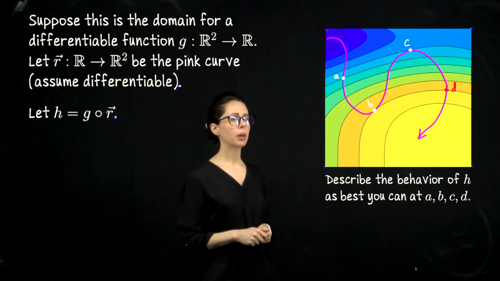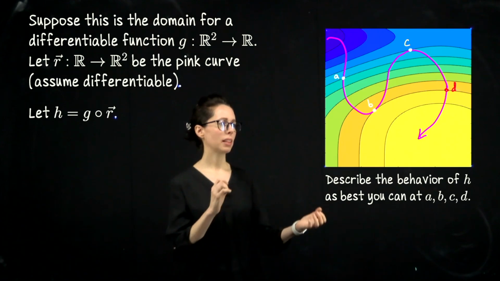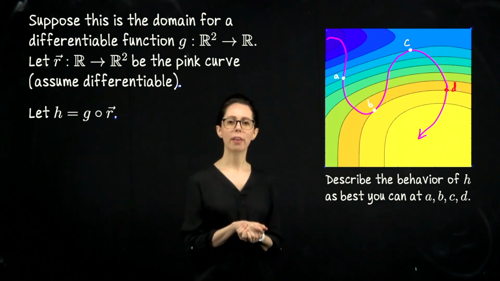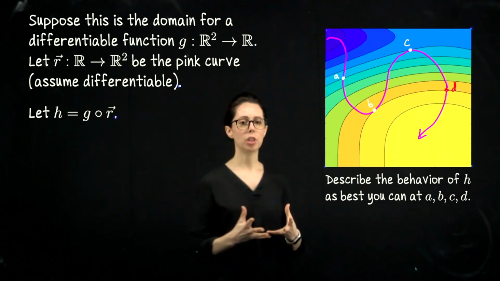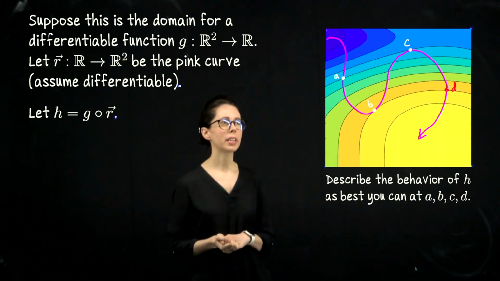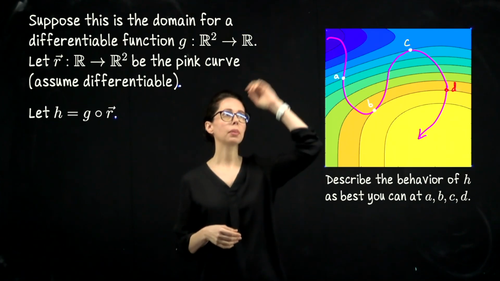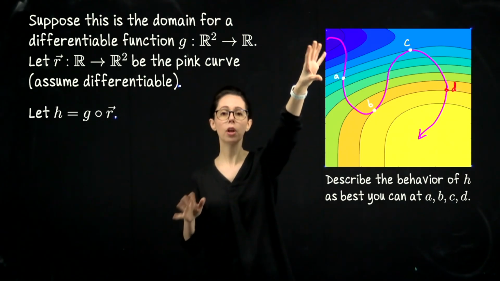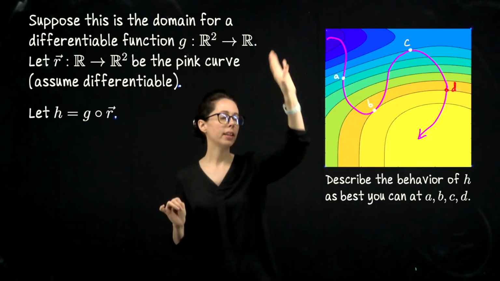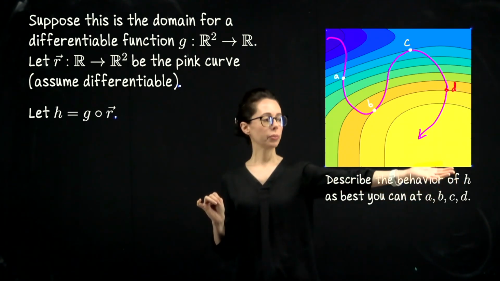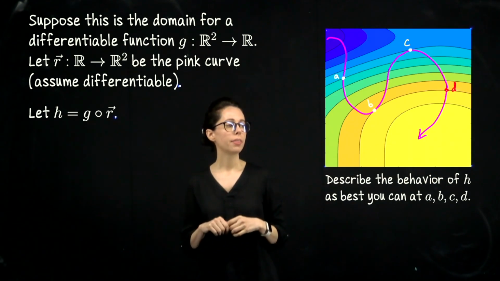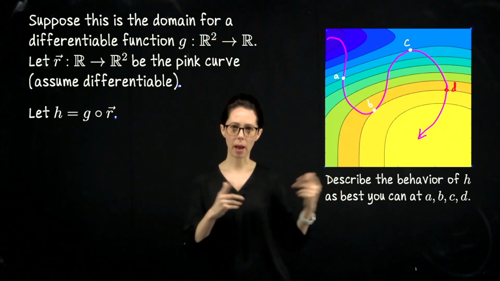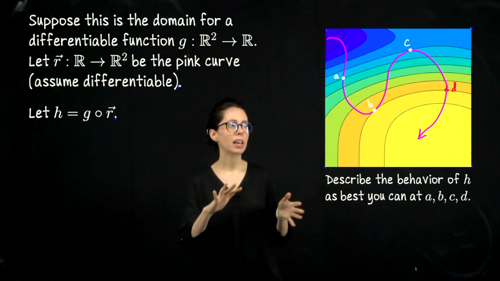Let me mention also, when you're looking at this like domain for g, these contours and this color mapping I've put up here tells us how g behaves in the different parts of the domain. So in particular, this dark blue in the top left, that's talking about very low values of g. So that's like the low values for the scalar valued function. And then as the colors get warmer until we get to, say, this bottom right corner, that's more positive or higher values of g. So this is like a contour map for this function g,